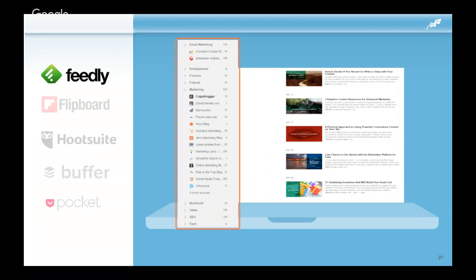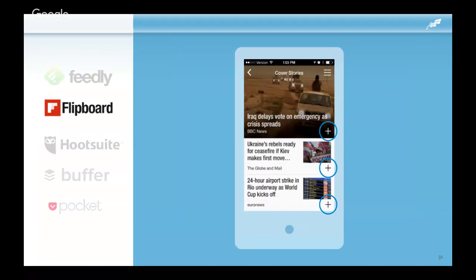If you're looking for something with a little bit more visual pizzazz, Flipboard works really well as an online magazine. You enter in all of your RSS feeds that you'd like to track, and it has beautiful animations and content, and it's especially pretty on tablets.